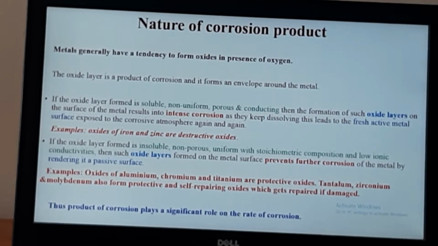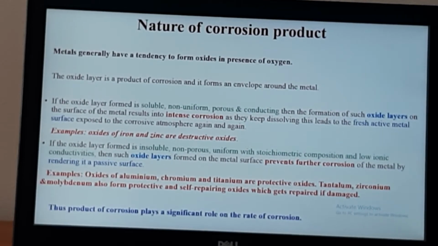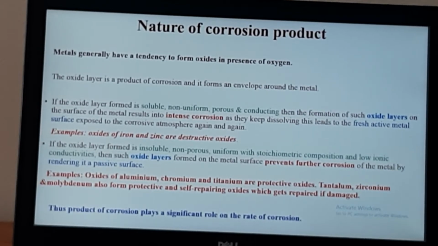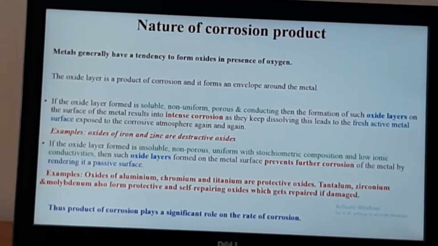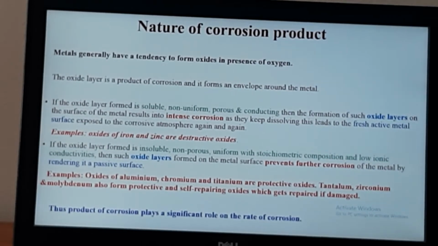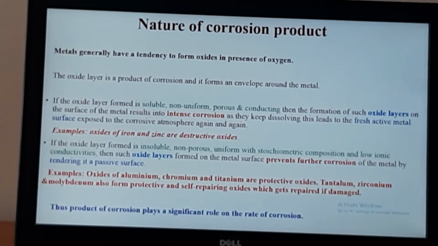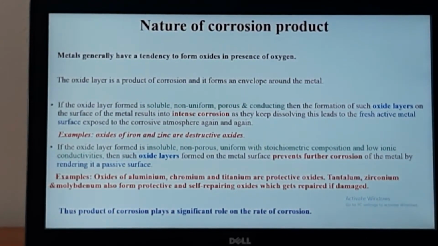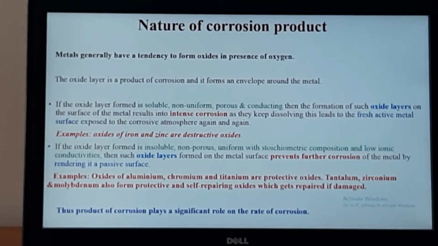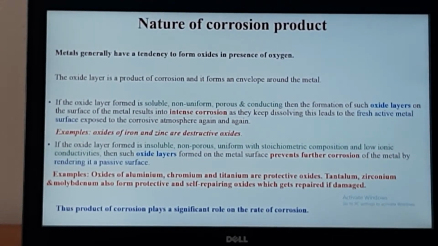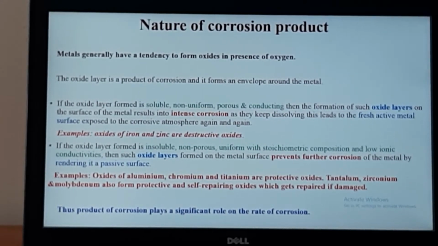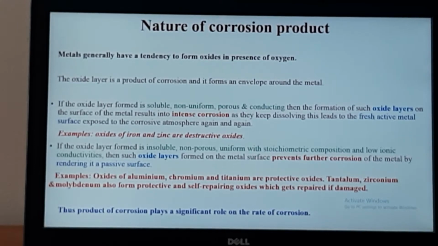The next important factor is the nature of the corrosion product. We all know that corrosion is slow oxidation of the metal. Oxidation results in the formation of oxides. So the product of oxidation is the oxide layer on the surface of the metal. If this oxide layer is soluble, non-uniform, porous and conducting, then such oxide layers result in intense corrosion, because these